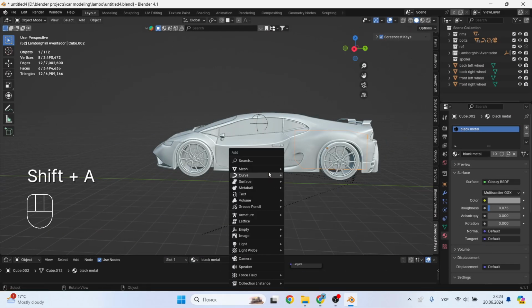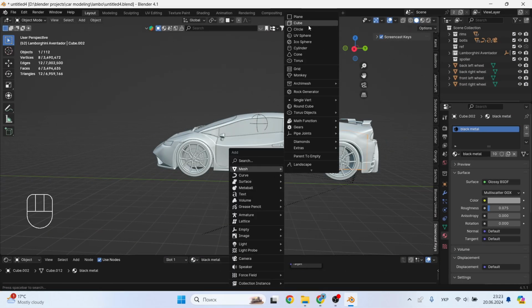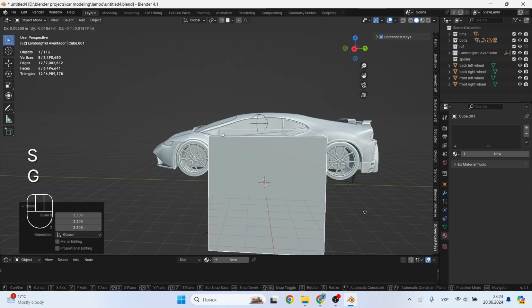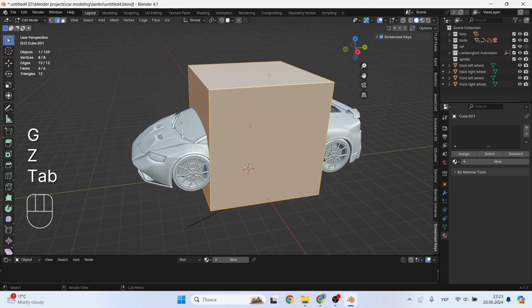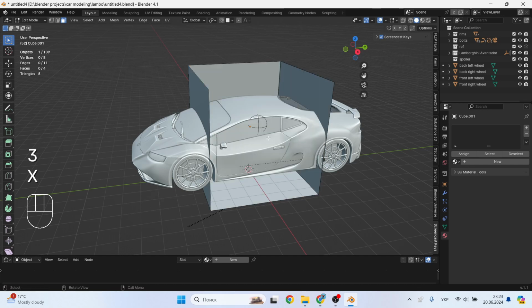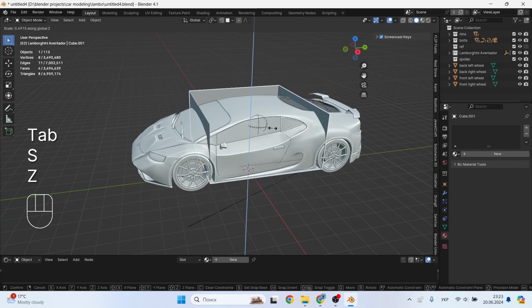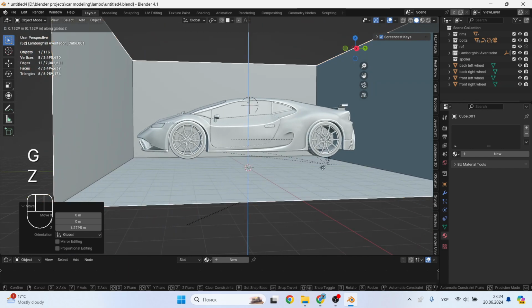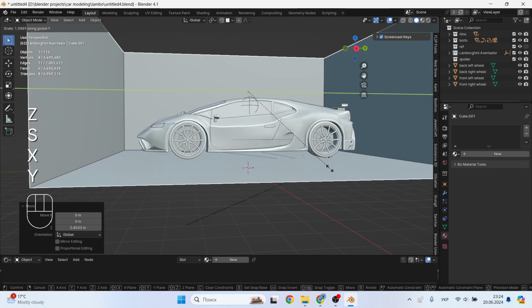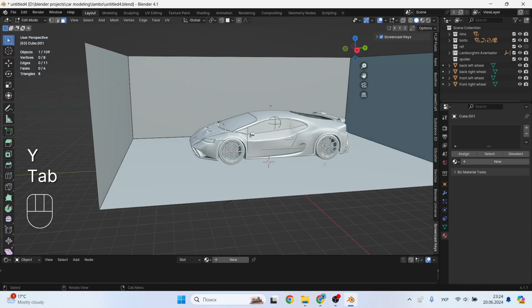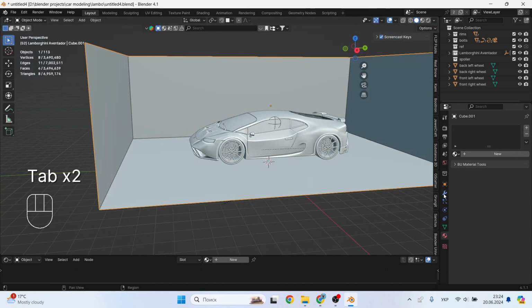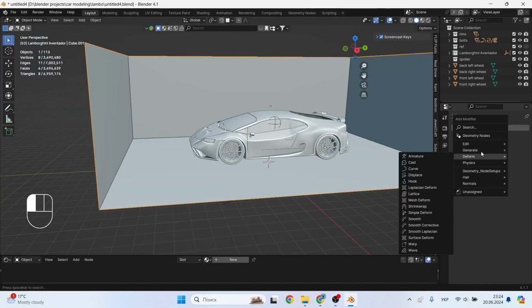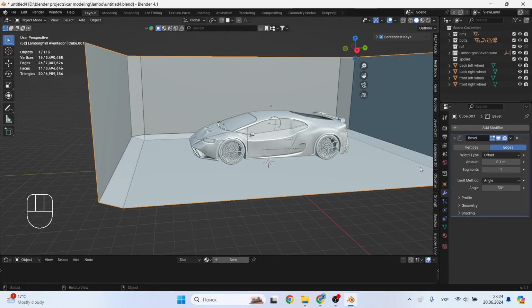Well, I suggest moving on to the first scene. First of all, let's add the almighty cube and use it to make the floor and walls that will surround our car. Go to edit mode and select faces and delete the top and front ones. Transform it in size with simple manipulations and throw a bevel on it. Increase the number of segments to approximately 7 and use Shade Smooth.